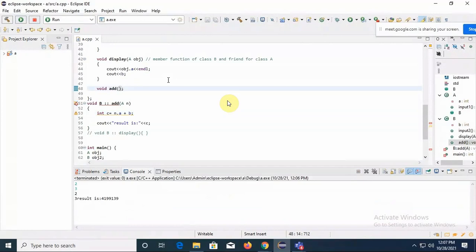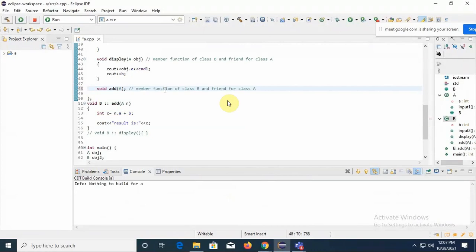Oh, this is not matched again. Okay, A. Yes, now you can see. Similarly, this is a member function I had added inside class B, but still it becomes a friend for class A. Fine.